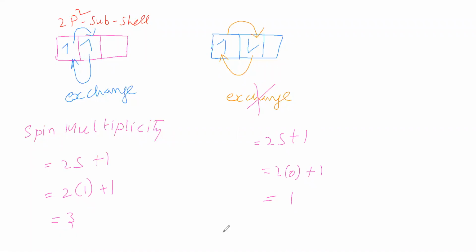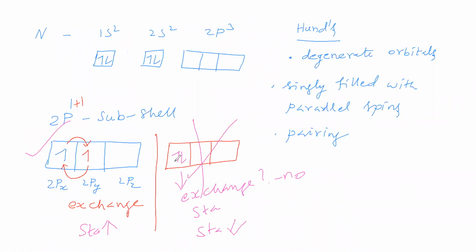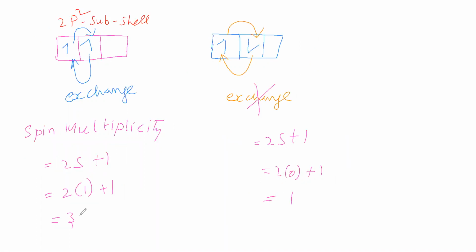Then we will see spin multiplicity in this case, where the electrons are paired. The first one is clockwise, spin is plus half. The second one is anti-clockwise, spin is minus half. Therefore, the total is 0. So 2S plus 1, with total spin 0, plus 1 is equal to 1. So in this case, spin multiplicity is 1. In this case, spin multiplicity is 3. This is the only correct one we know. So spin multiplicity is maximum for the correct one, and minimum here.